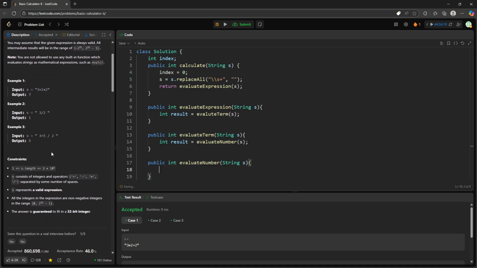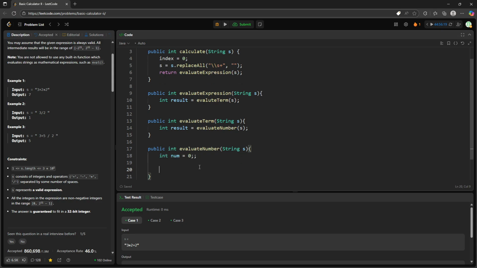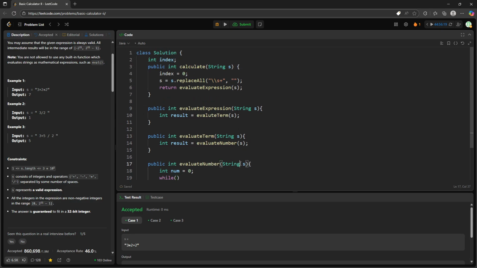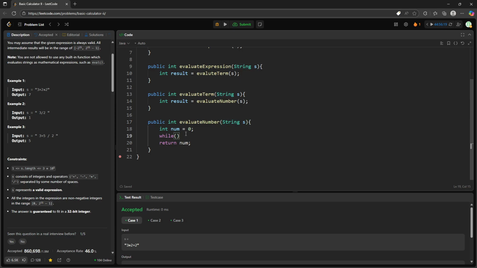The integer right over here can be 10, can be 100, can be anything, right? So it doesn't have to be one digit in length. We'll start from 0, return nums. So while my index is less than s dot length, and also the current character at this index is a digit,